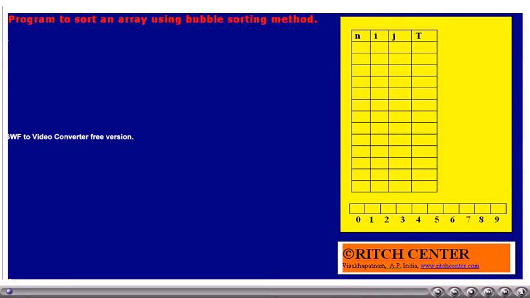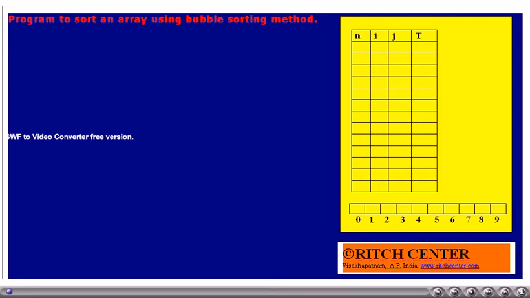The main object of this program is to explain the bubble sorting technique to sort a set of numbers. Here a function bubble is written which takes an integer array and the number of elements in it, and then sorts the array elements using the bubble sorting principle.